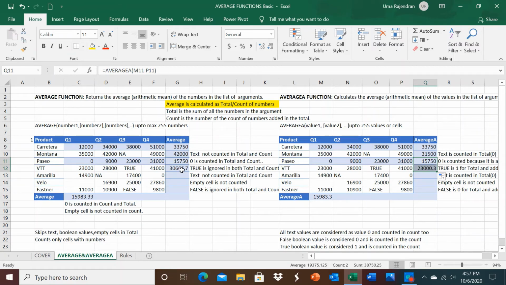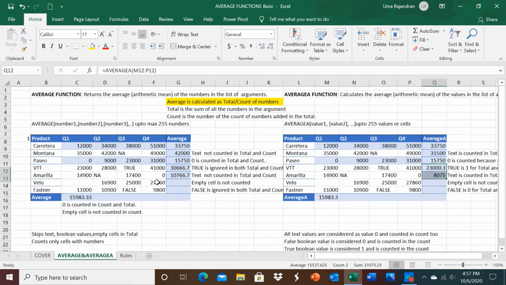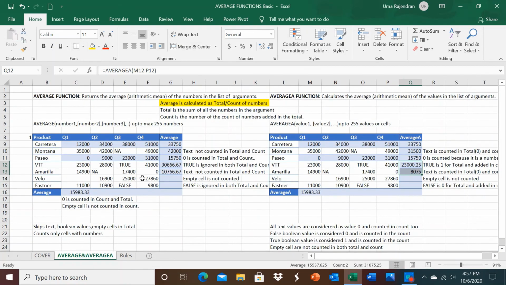Again, in the next one, you will see that it's going to be different because there is a text value, and AVERAGEA treats the text differently. The value is different because the text is totally ignored in the AVERAGE function, in both count and total.